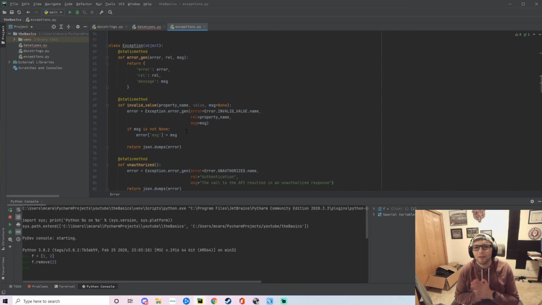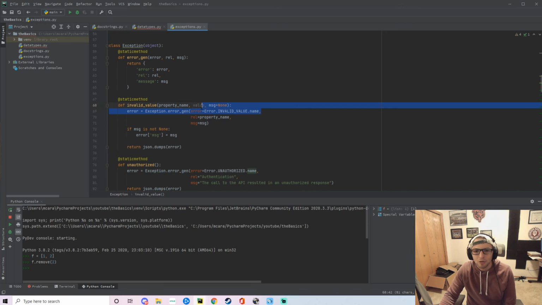Up next, we have our exception class. This is going to be overriding the built-in base exception class that we have in Python. Here I'm just going to give a generic skeleton of what I want my error generator to look like. It is just going to be a way to give back something in the response body for my API without having to do a bunch of conversion between JSON and all that kind of stuff. Every time that we're creating an exception, we're going to pass it into that error gen. We're going to be using the name of the error, what caused the error, and then a general message if we want to.